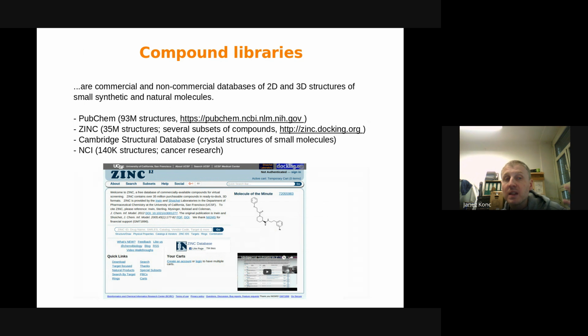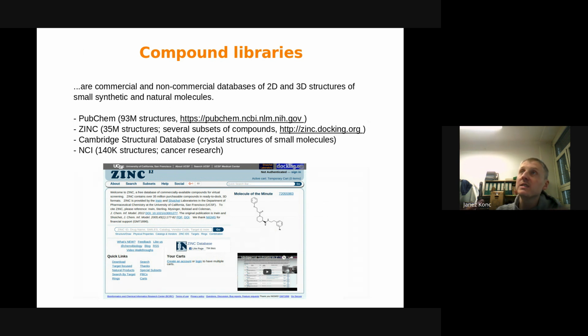Usually, they can be commercial or non-commercial databases of two-dimensional or three-dimensional structures of small synthetic or natural molecules. For example, PubChem is the largest. It has now more than 100 million structures inside, and PubChem represents the knowledge that humanity has gathered about these